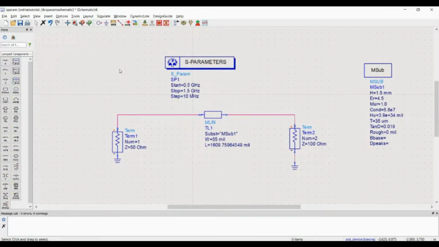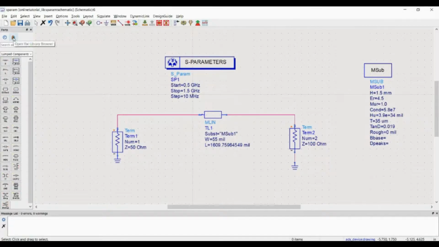Also, ADS allows you to incorporate the libraries from vendors so that you can include the components which are manufactured by an individual vendor. So, you get it from the vendor and then include it in your ADS library. Also, for some of the usual components, ADS provides you zipped files from the manufacturers, which you can include. So we are going to see how you can include those particular libraries. This particular video is intended to include the vendor's library for resistor, capacitor, and inductor components.